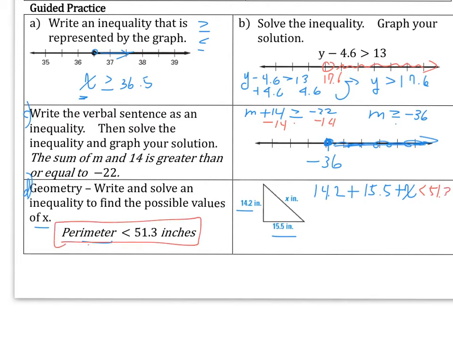And now we need to find all the possible values of x. 14.2 plus 15.5 gives you 29.7. And then add x, let that be less than 51.3. And then use the subtraction property of inequality and subtract 29.7 to both sides of the inequality, and x will be less than